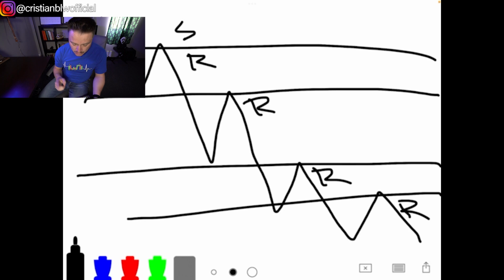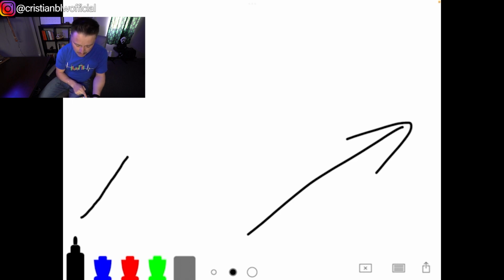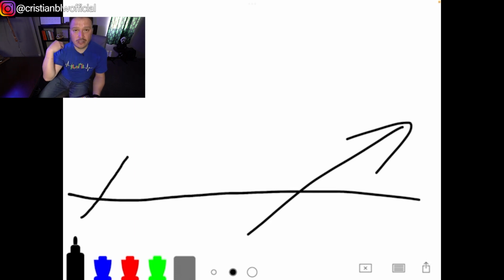So whenever you're trading with a trend, what you need to look for, let's say this is an uptrend, right? The price is going to this level. You identify what the support line is. You don't trade saying, oh, it's going to drop and break the support line. No, you trade saying that once the price touches this area, it's going to become a buy position. So this is what happens.